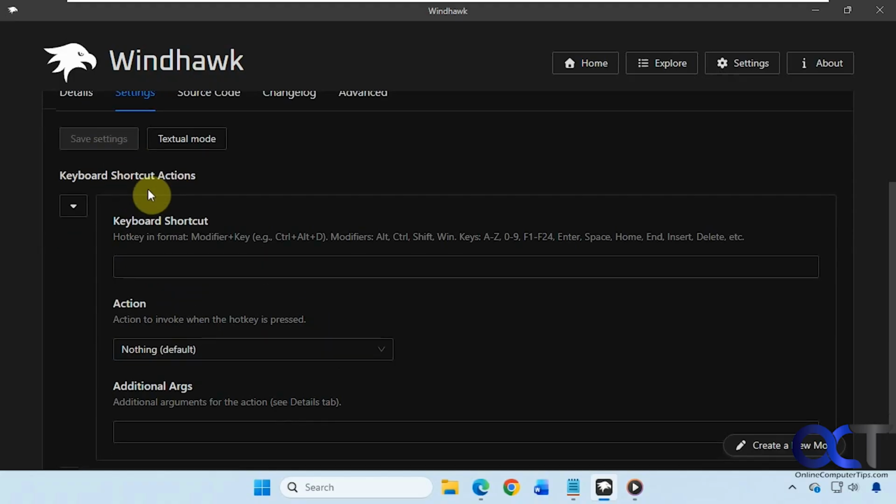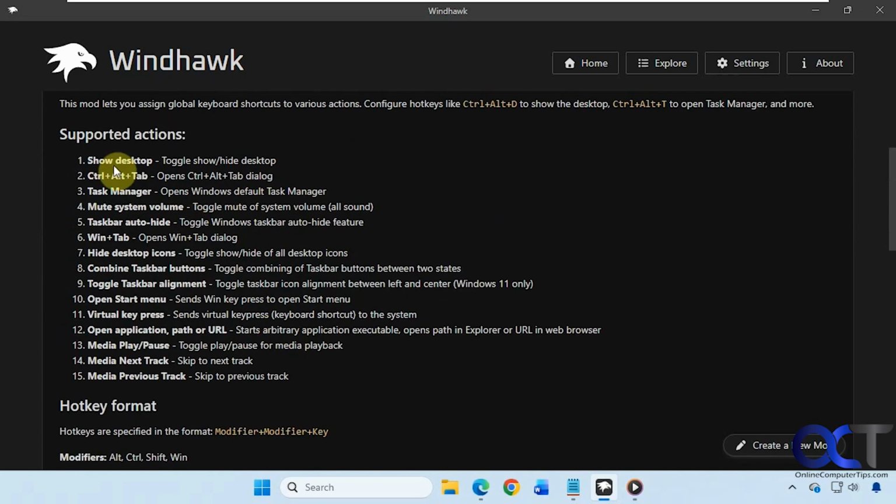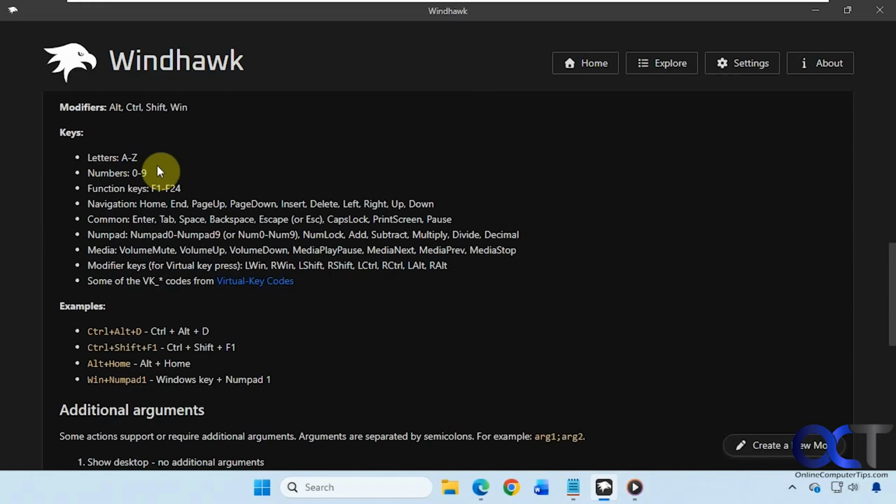Some of them are obvious: show desktop, open task manager. Of course, some of these are going to have default Windows keys anyways, but you could change them. Here are the keys you could use: letters, numbers, function keys, navigation,